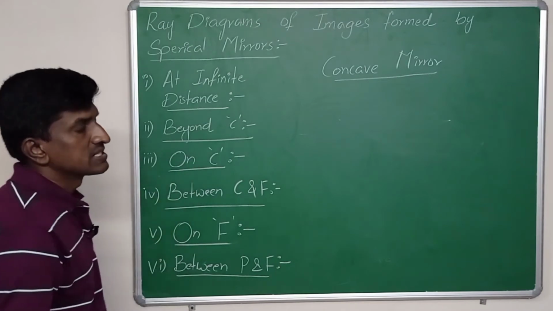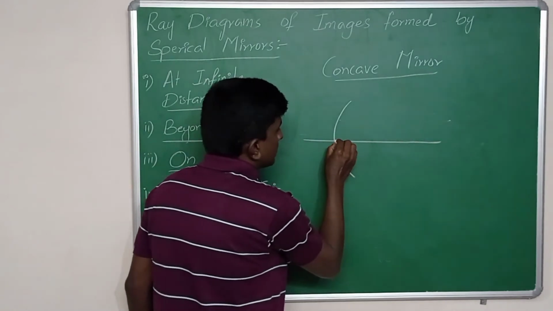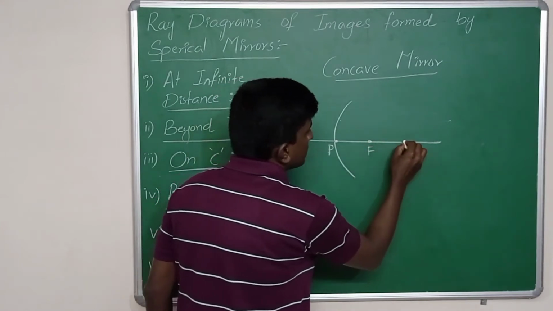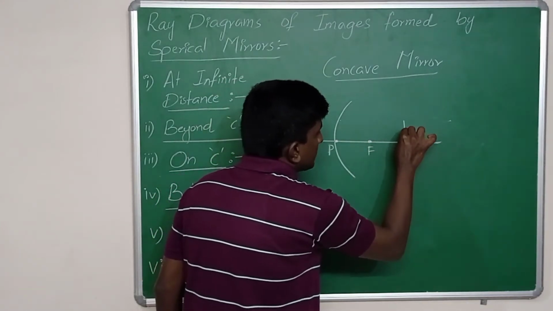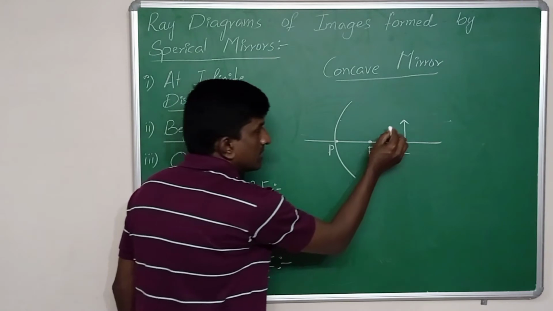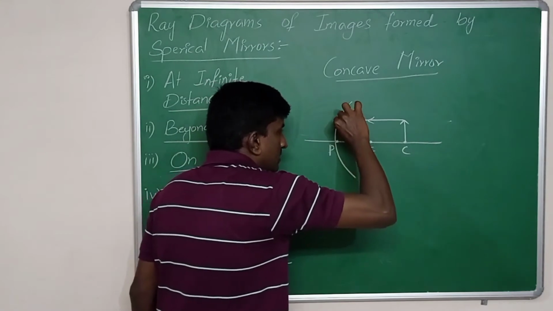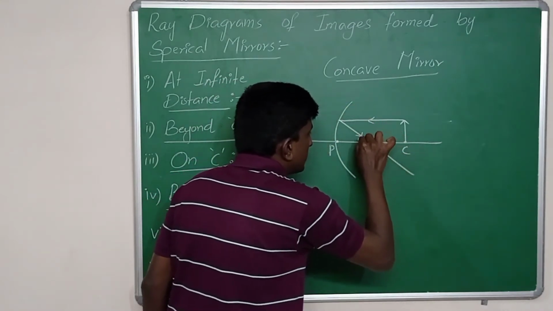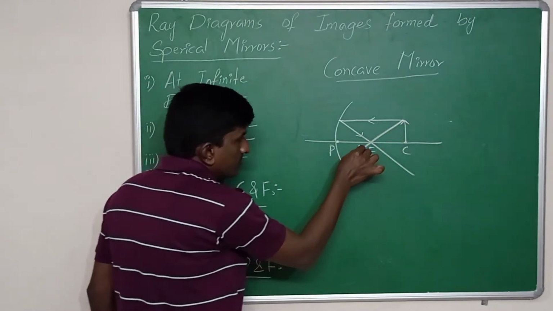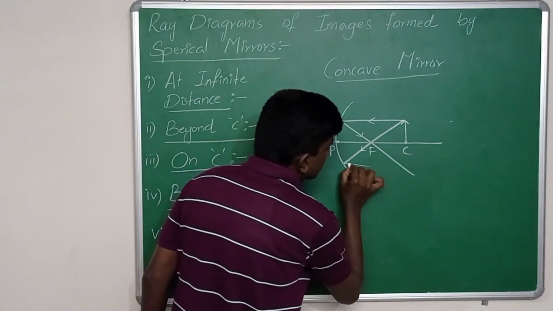If the object is placed on the center of curvature, then how is the ray diagram? So this is the pole, focal point and center of curvature. Here the object is placed on the center of curvature itself. Then the first light ray I am taking parallel to the principal axis, after reflection it passes through the focal point, and the second light ray which is passing through the focal point and incident, after reflection it becomes